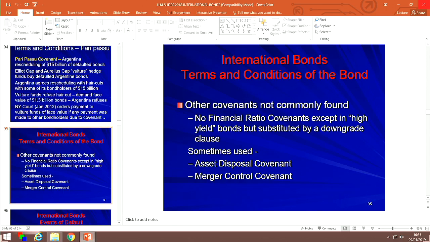Okay. Let's just try and think this through a little bit, and that will make you think about the differences in the structure of the two types of debt instruments. In a syndicated loan, first of all, the banks negotiating the covenants are the syndicate banks, right? Whose asset are they trying to protect when they negotiate the covenants?